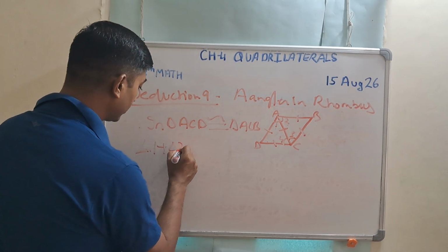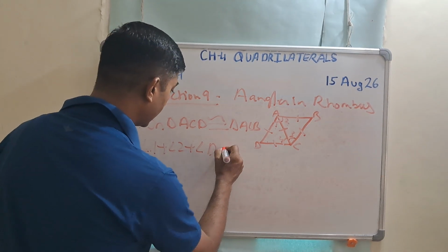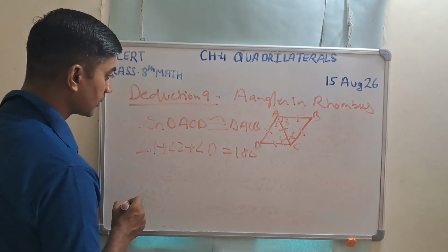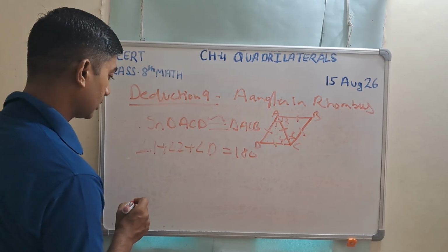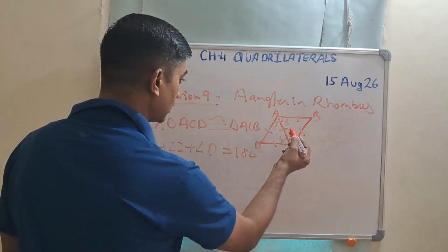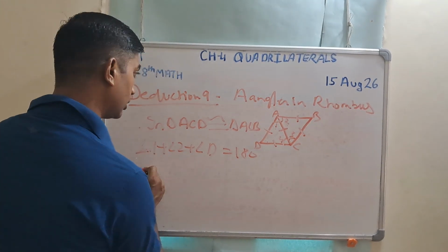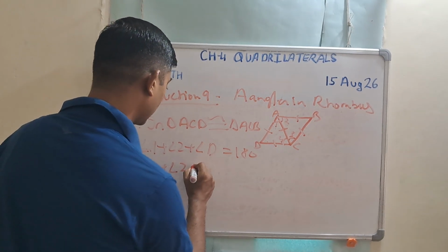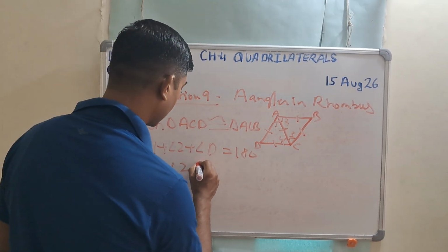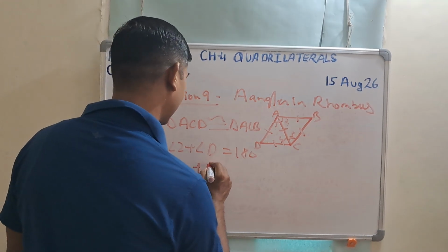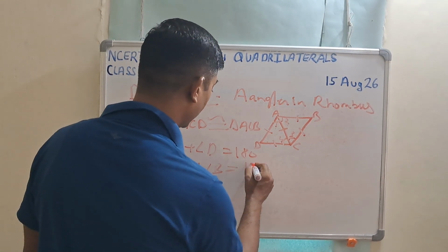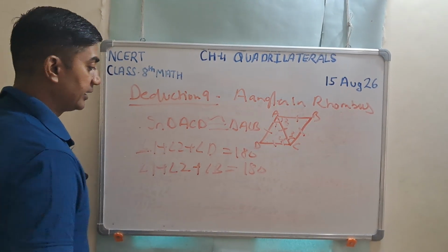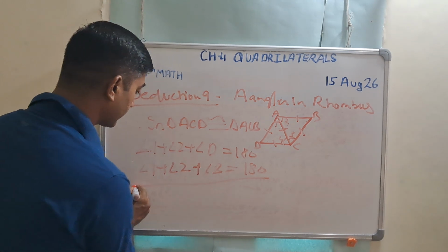Angle 1 plus angle 2 plus angle D is equal to 180 degrees, and we also see that angle 1 plus angle 2 plus angle B is 180 degrees, since these are also the alternate interior angles. So what we have concluded that,